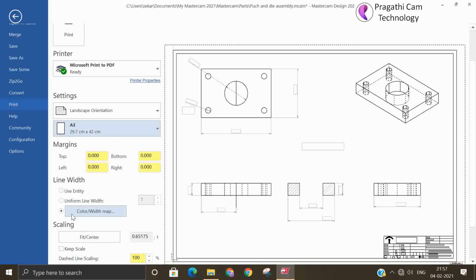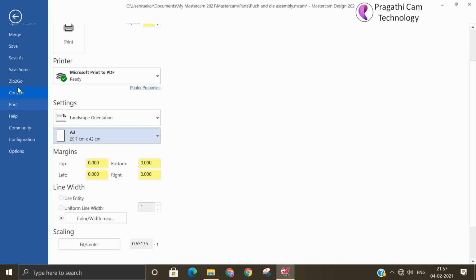You can change dimension color to one color and object line color to another. If you fit to center, it automatically fits whatever paper size you have selected. So now we will go on to print.